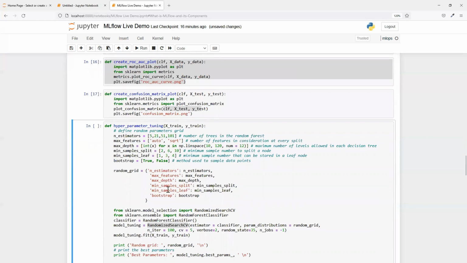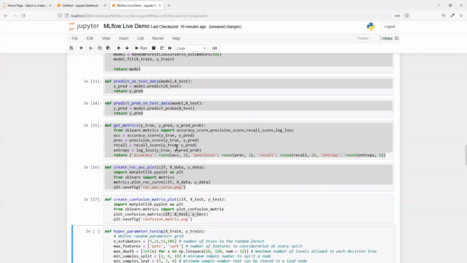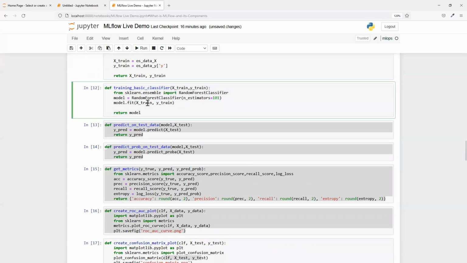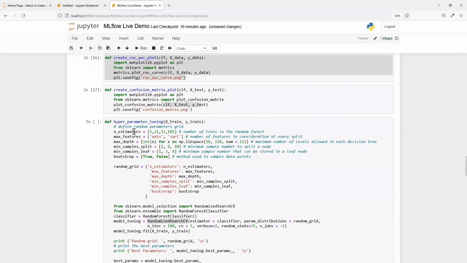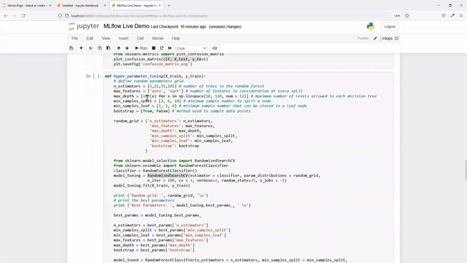Now coming to hyperparameter tuning, as I said, first I build the basic classifier. So this one, training basic classifier. For this I will create one experiment, and now I will tune the model to improve the performance, and then I will create experiment 2. Then I will show you the difference, basically how to interpret them inside the MLflow UI. So that's the purpose. So I'm creating a method called hyperparameter tuning, and I'm passing the xtrain and ytrain, and